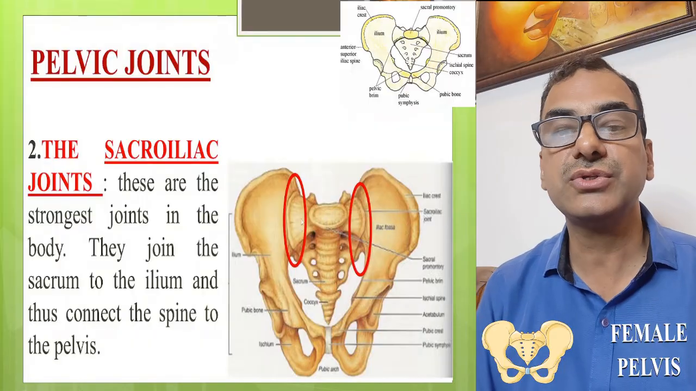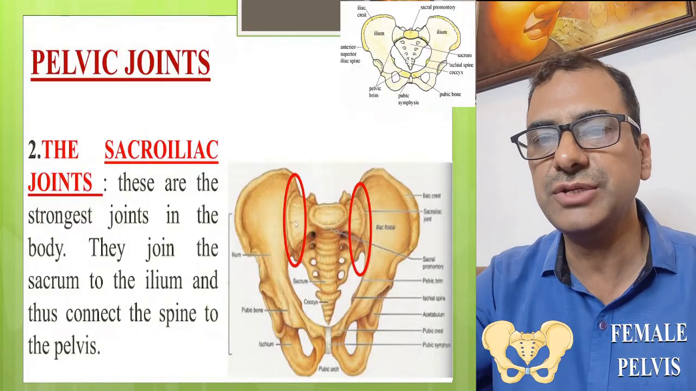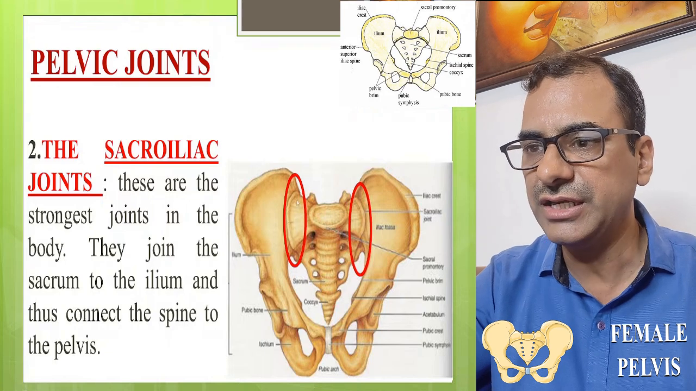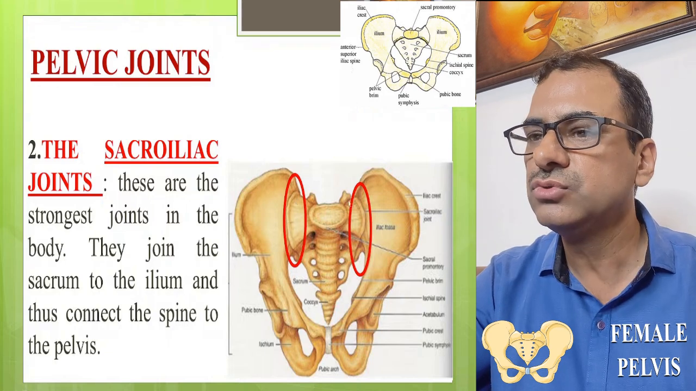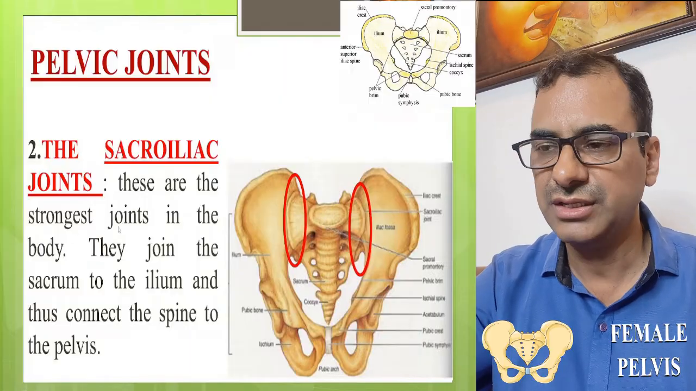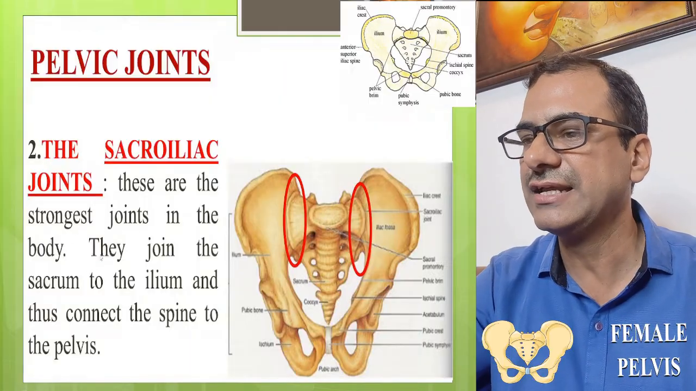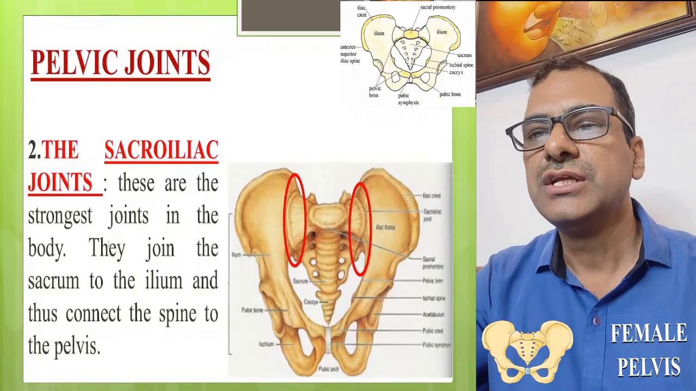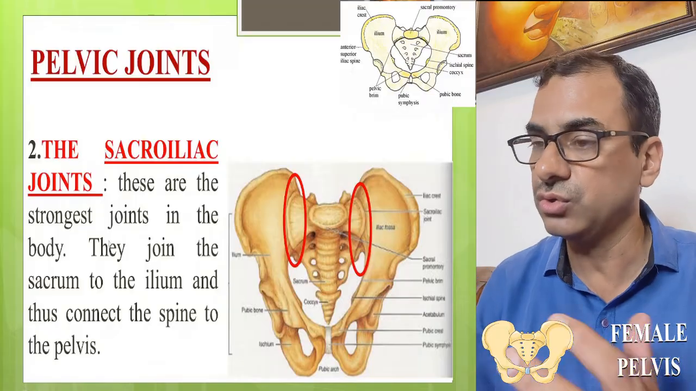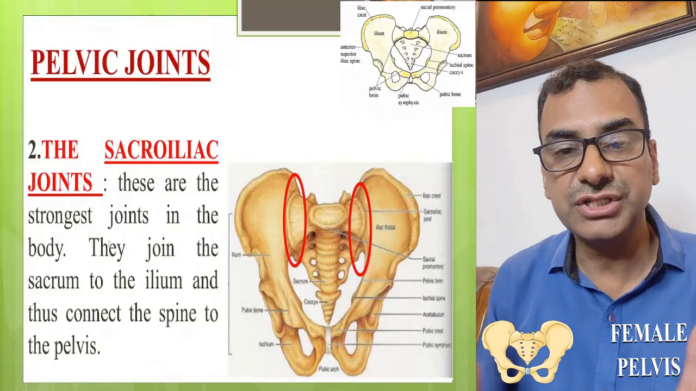Next is the sacroiliac joint. As the name suggests, the joint between the sacrum and ilium is the sacroiliac joint. So two sacroiliac joints will be there. This one is right and this one is left. These are the strongest joints in our body, because they bear the weight of our body,